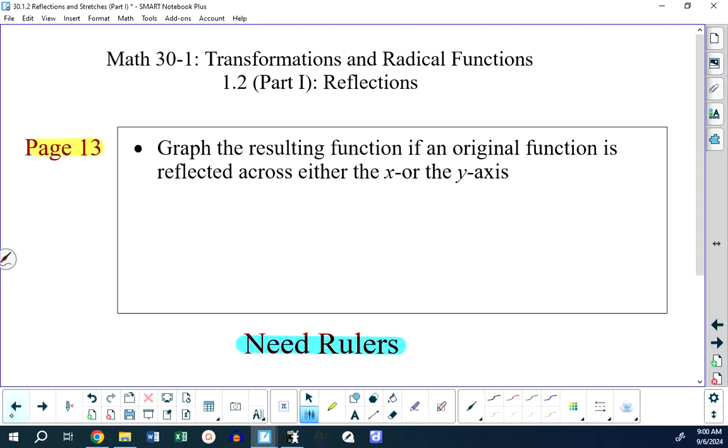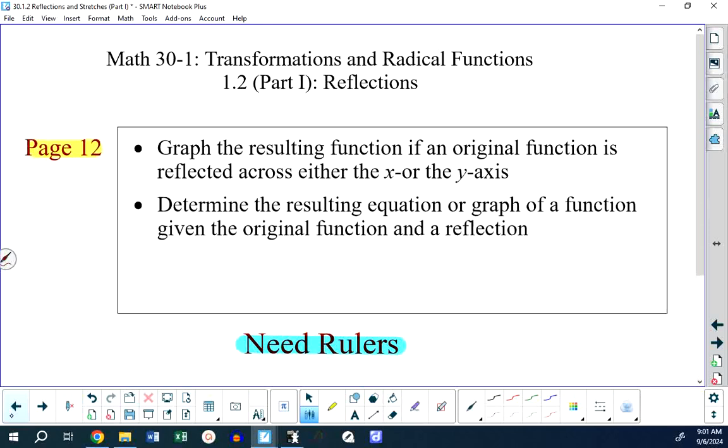So what we're looking at today is 1.2 part 1, reflections. Graph the resulting function if an original function is reflected across either of the two axes. So I'm going to go under the assumption right now that you know what the x-axis looks like. It's this. It's the horizontal axis. And the y-axis looks like this. It's the vertical axis. Determine the resulting equation or graph of a function if we know the original function and